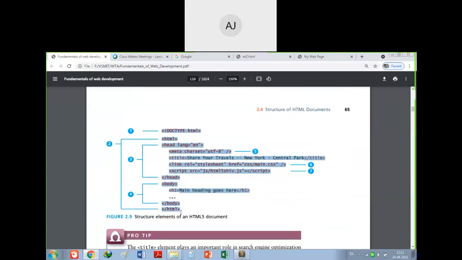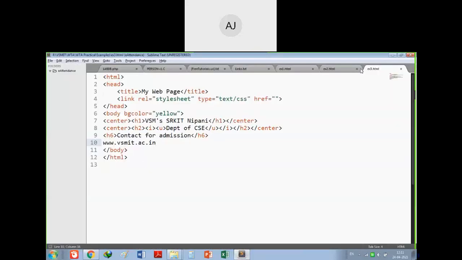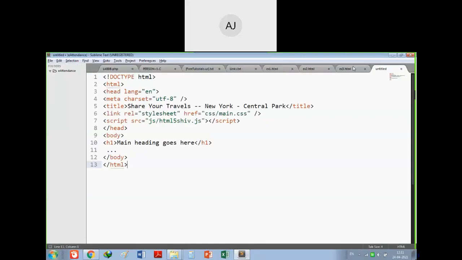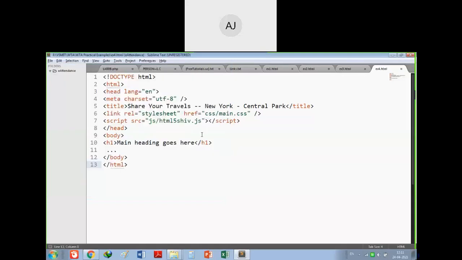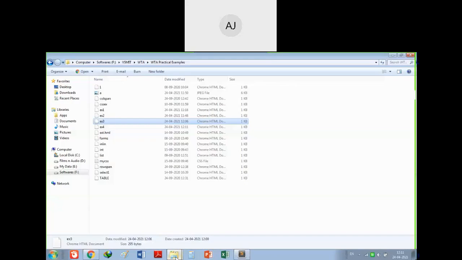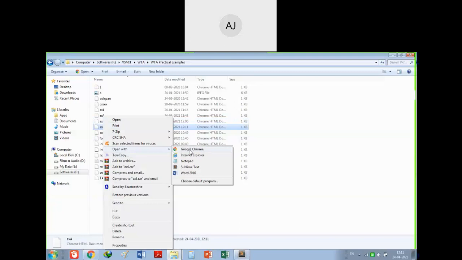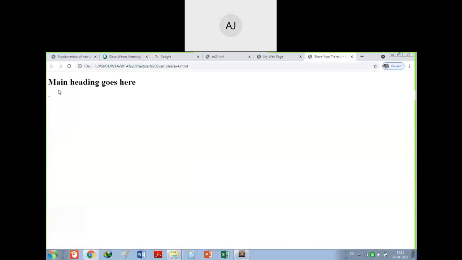Hope it will copy the text only. Yes, it has copied. And we'll go for this new one, paste, save. I will use example4.html. Okay, and then go here to practicals and open with Google Chrome.